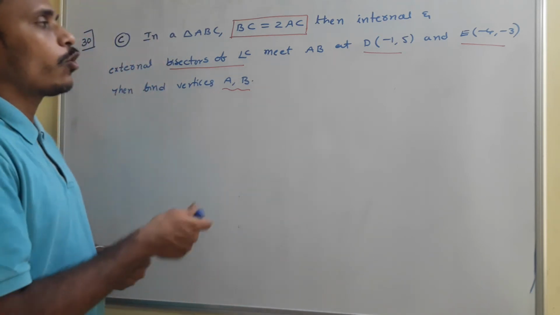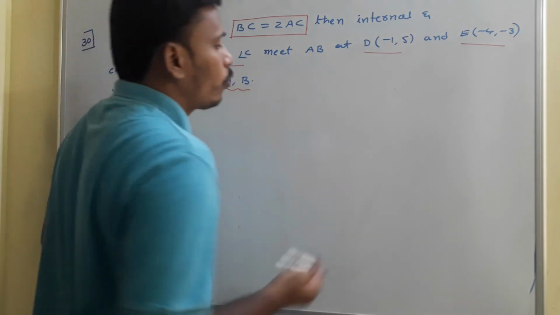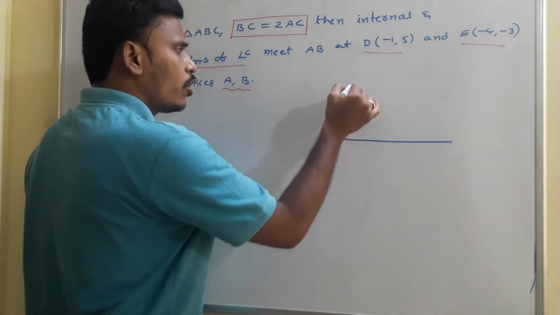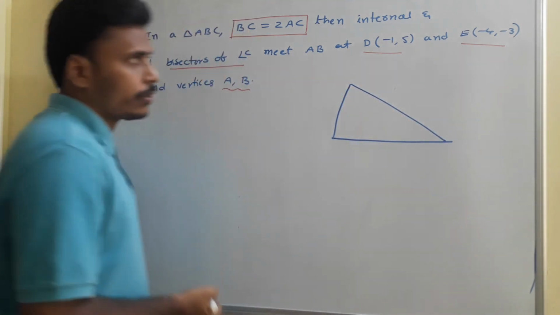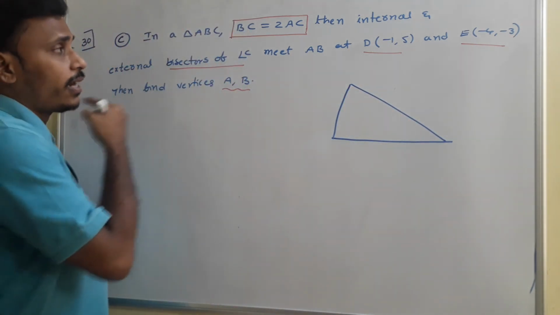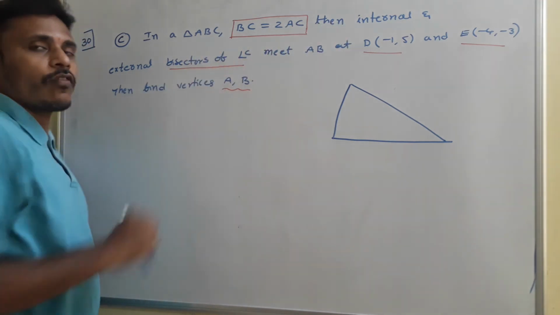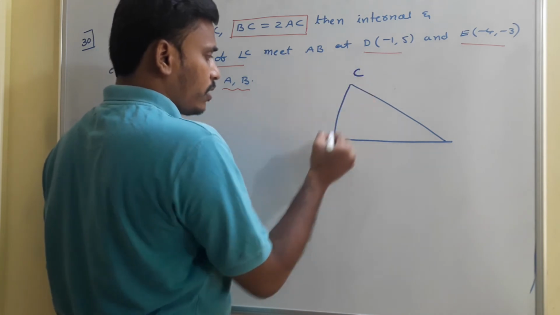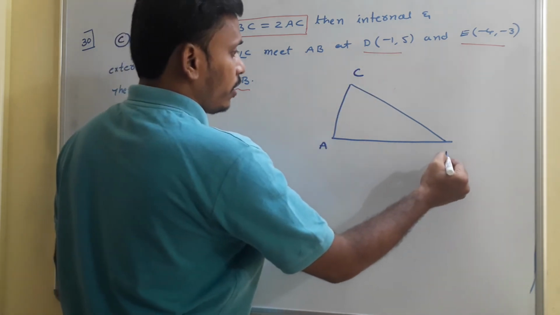Okay, first of all, look at the problem. I am going to give you the rough sketch. The problem is related to triangle ABC, so you just take the triangle ABC, and it says that internal and external bisectors of angle C. So we need to look at angle C separately. So keep it. This is C and this is A. This is E. This is B.